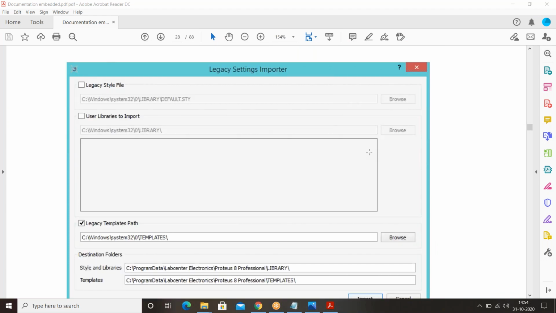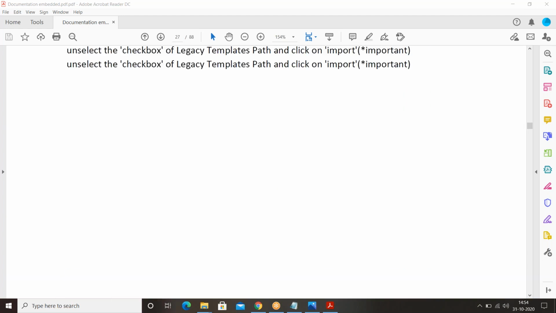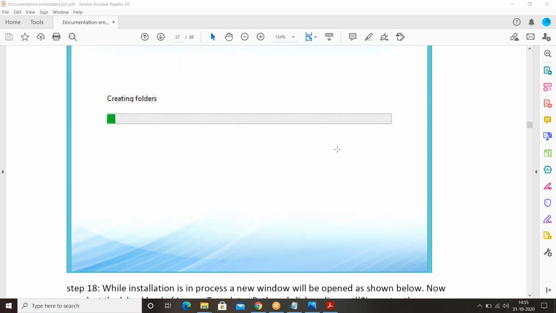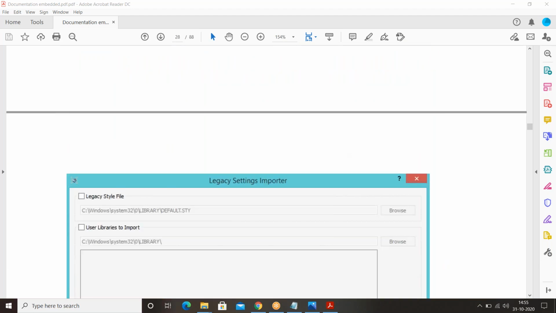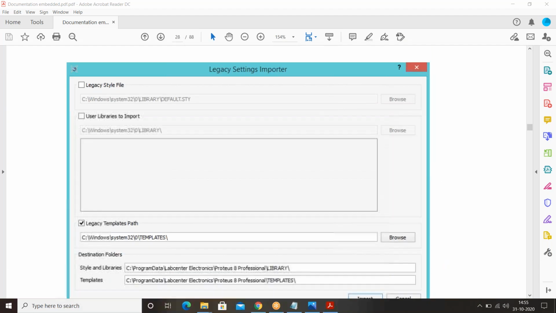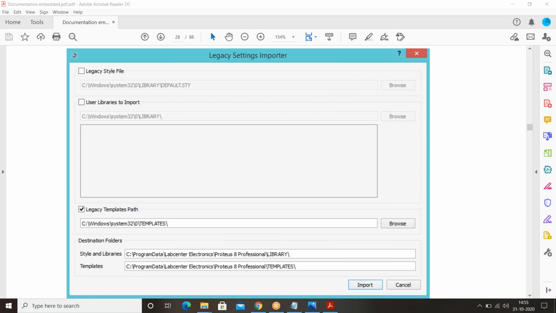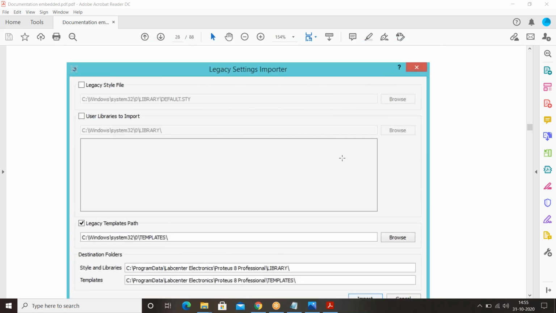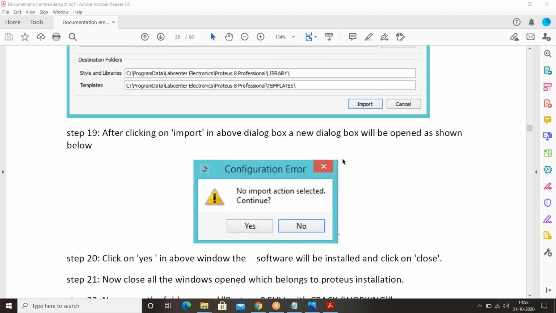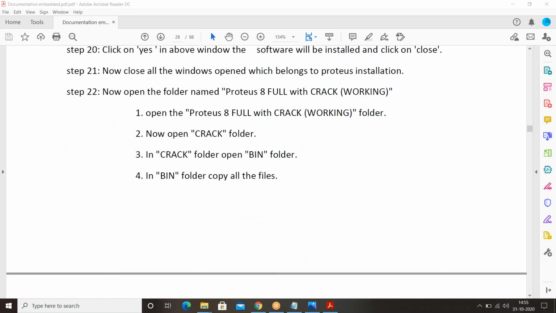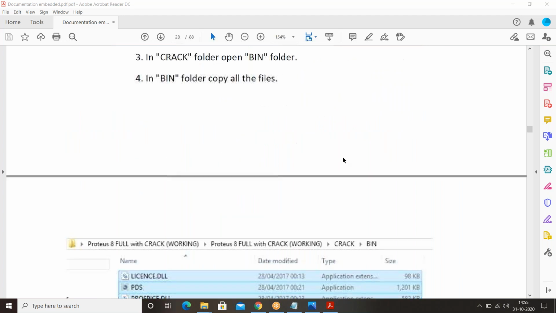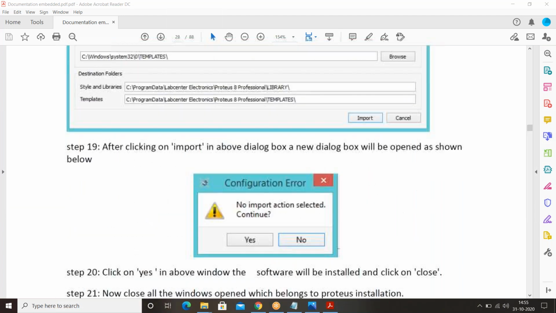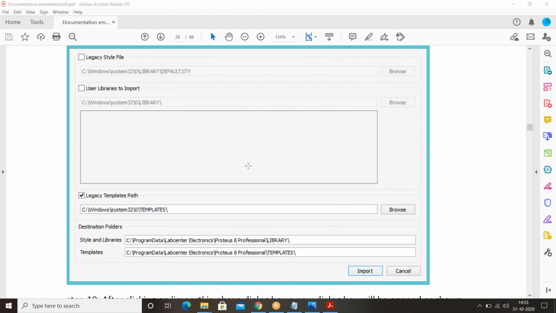Guys, after this, if it is completed to 100%, if it reaches the end, you'll get a page like this in the backdrop. If you get this page, you are in the right way.